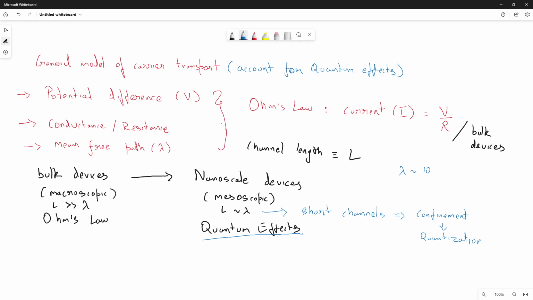A micrometer is around 100 times this, so it actually falls in this category. If you have channel lengths on the order of micrometers, it is considered a bulk device. That is a very important takeaway message from this course: if I have a 2 centimeter or 3 centimeter bulk resistor that I'm using in circuit boards and whatnot,